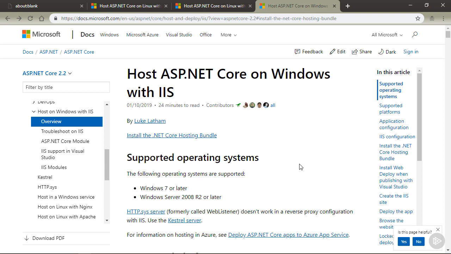Now, one caveat about IIS deployments. Even though we have created a self-contained application that includes an entire runtime deployment so that we don't have to depend on any other bits at runtime, there is still a component that you need to install on a server for IIS to execute ASP.NET Core. The download for that component is known as the .NET Core Hosting Bundle. You can see there's a link right here at the top of this article for hosting ASP.NET Core on